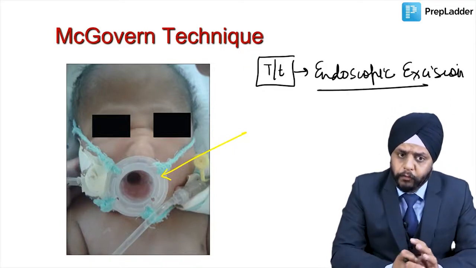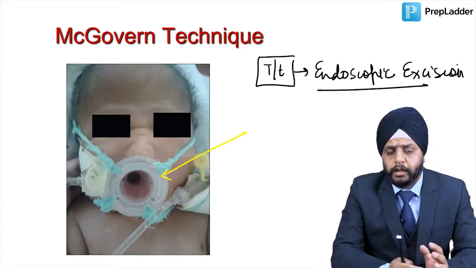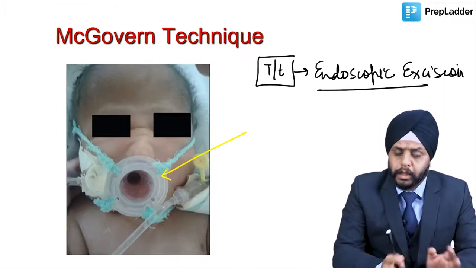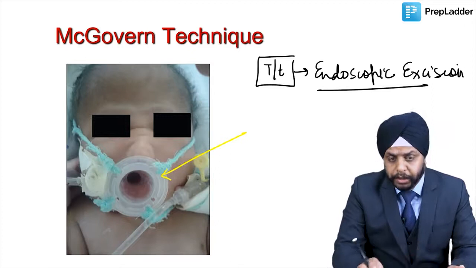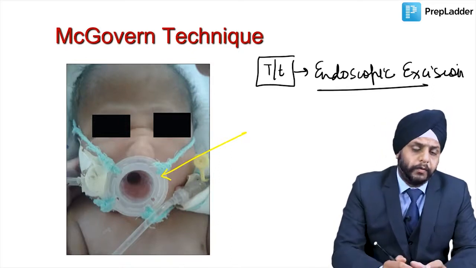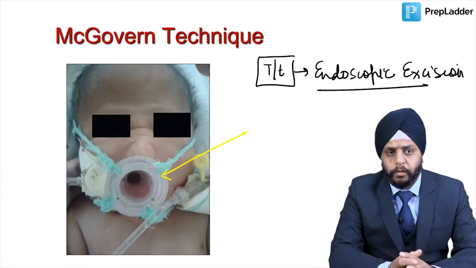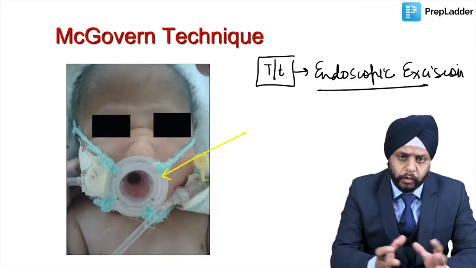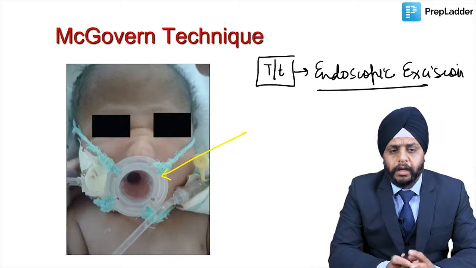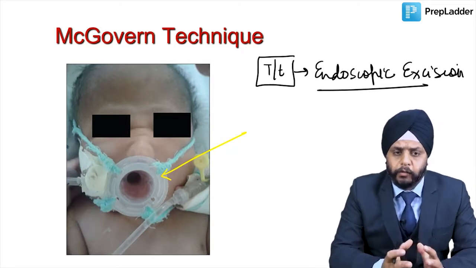We may have to use the drill, we may have to drill the bone, because 29% of the time it is purely bony and the remaining 71% of the time it is bony membranous mixed. So we'll have to use the bone drill in almost all the cases to remove the bone, and it is now preferentially done endoscopically.